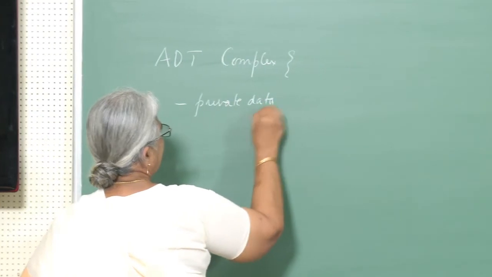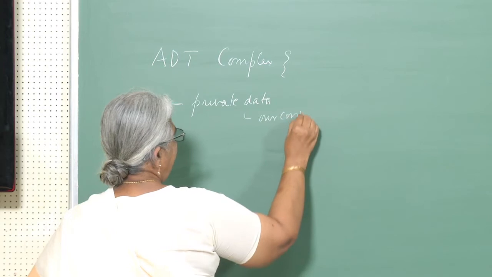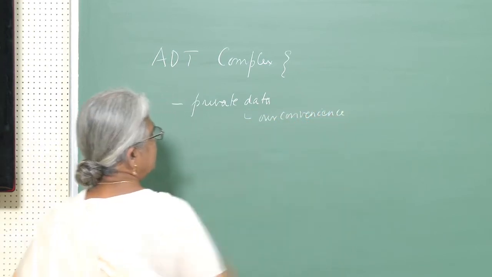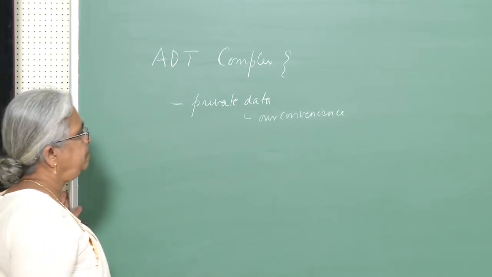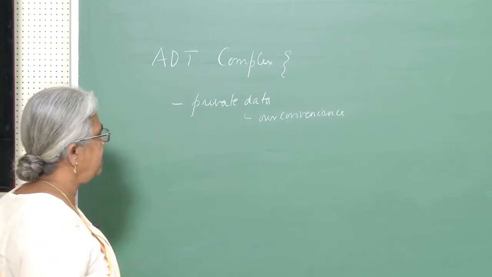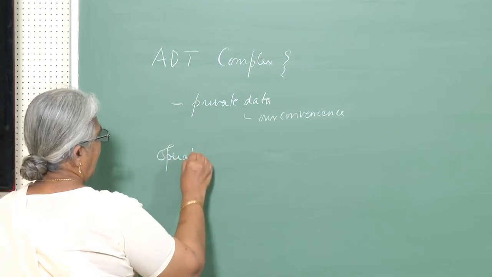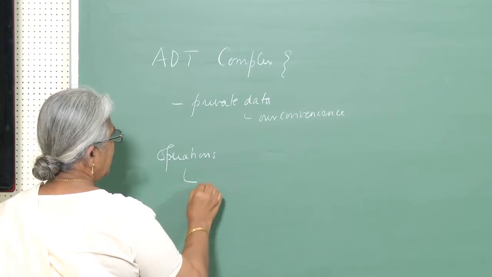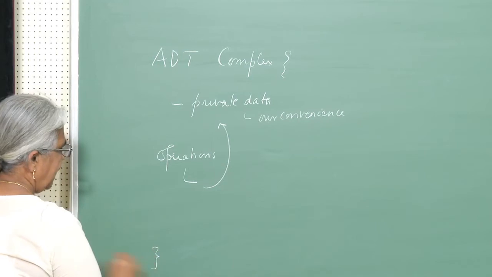and this data organization depends upon our convenience. We will see this example. Basically we use the basic data types like integer, float and character, and array for that matter, pointers to describe the private data. Then we have a set of operations, and these operations are what is visible to the outside world, and these operations operate on this private data. Okay. So, this is how an ADT is defined.